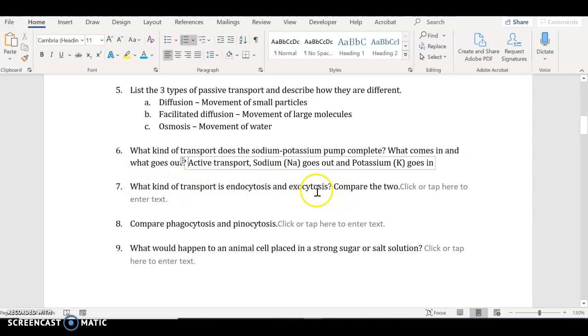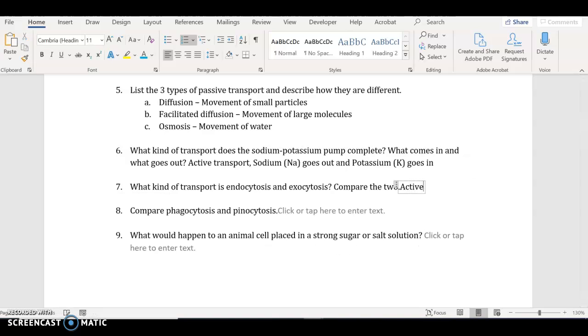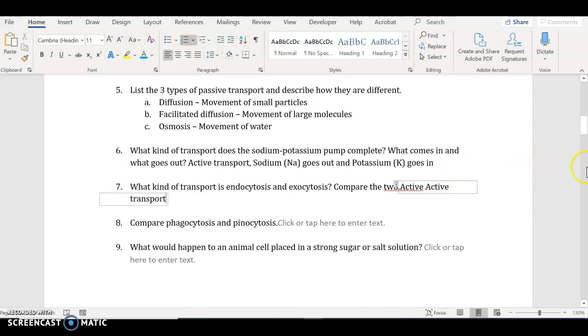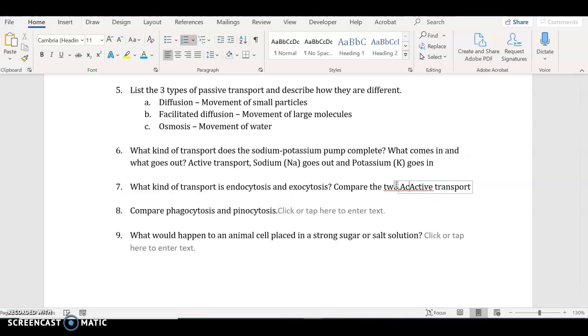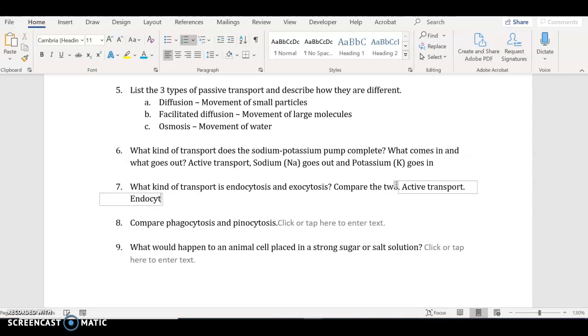What kind of transport is endo and exocytosis? So these guys are when you're making that vesicle bubble and moving it around. It takes energy to do that. So these two are active transport. All right. Oop, I wrote active twice. So you also can know it's active transport if it's not one of the three kinds of passive. So active transport, and then we can say endocytosis